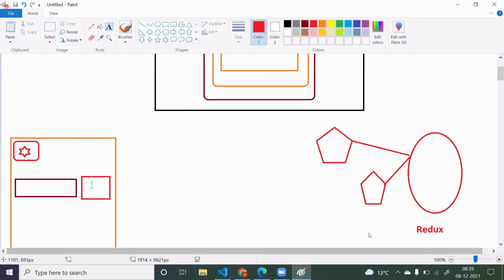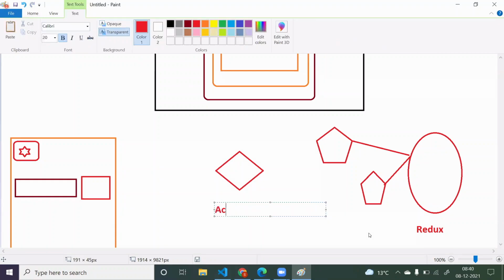Now you have the data in your state, right? This data you need to store in the Redux. If you want to store in the Redux, first you have to give this data to the reducer, but still a component cannot give the data directly to the reducer. So for that we have to take the help of dispatch of one action. So we have to create one action here. What is action? Action is nothing but a simple JavaScript function. This is your action. This is your reducer.